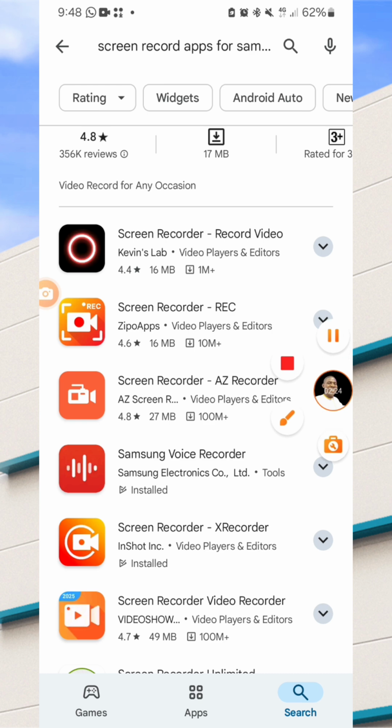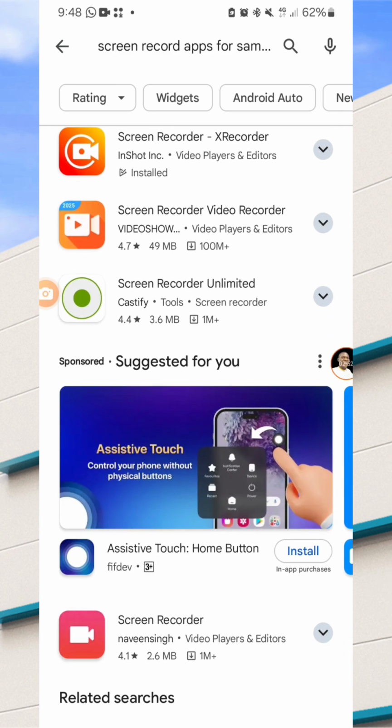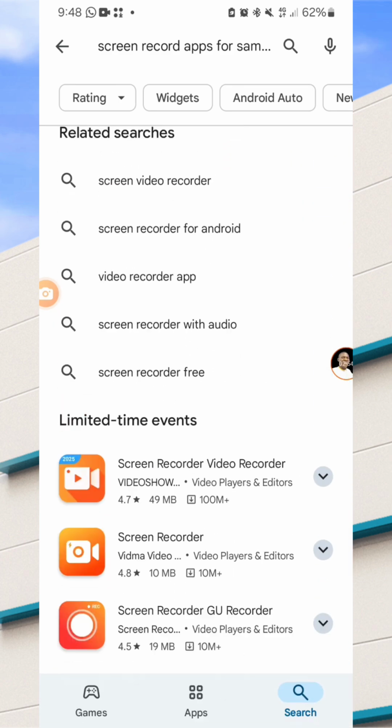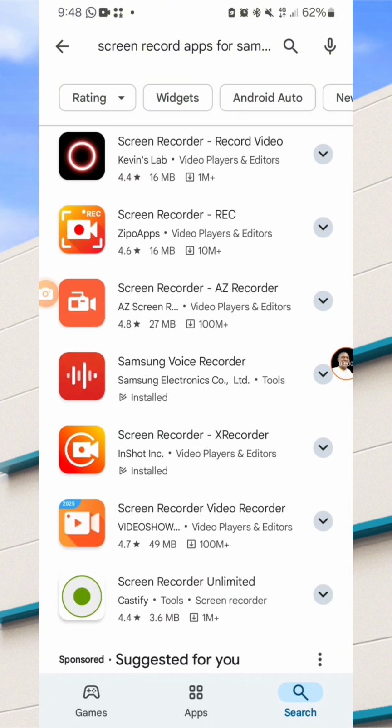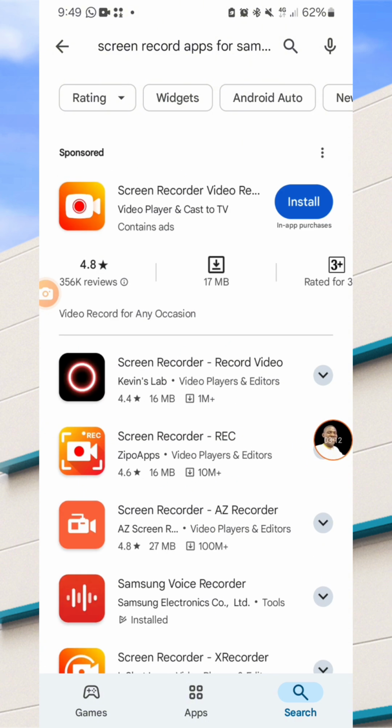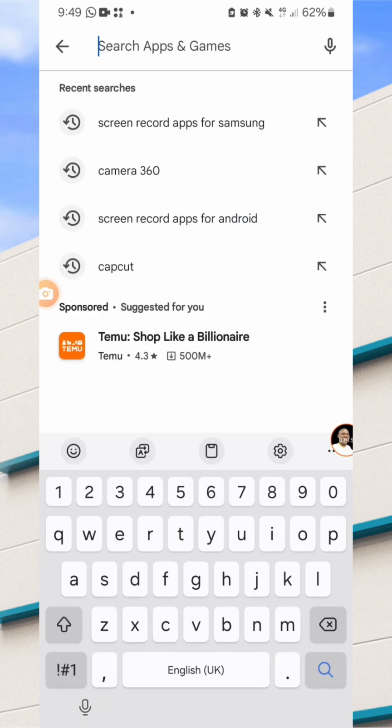But now let's go further. Before you download any app, try to check some things. Can you look at this place? You see 100M. You just check around and look for the apps that suit you. But I recommend this A to Z one. I recommend it for you, or any one of them, or you can just type screen